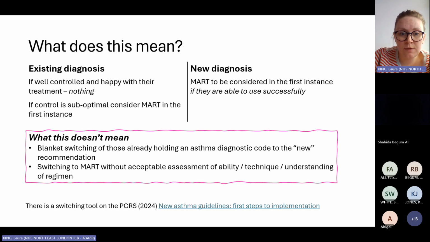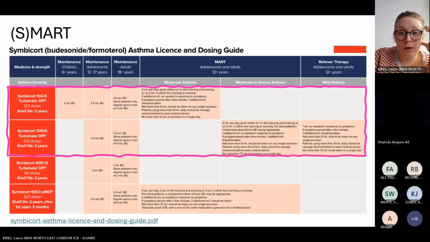At the bottom here, you can see a little link, and I popped it in the chat before we started. There's a switching guide that is provided by the Primary Care Respiratory Society. If you're not a member, it's really fantastic. If you've got a respiratory interest, they've got some really fantastic things and some really great recent articles around action following the new guidance. When we think about our choices, as I've said, this is not a bias, it's what we have on license for young people.